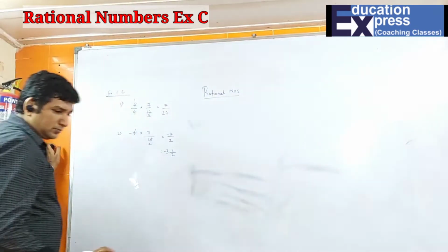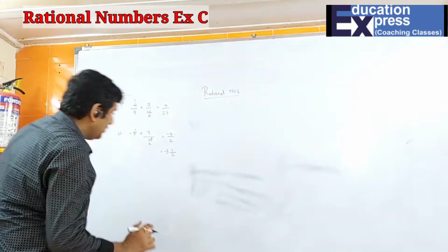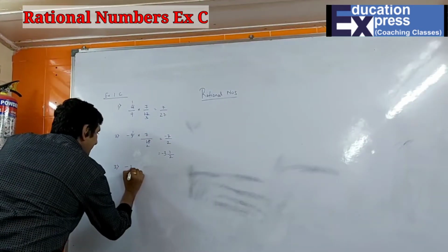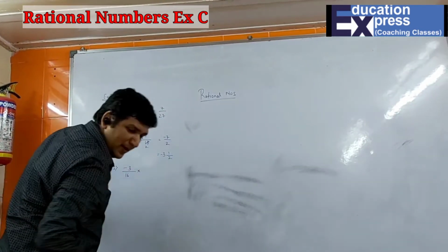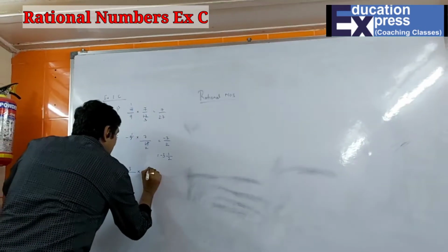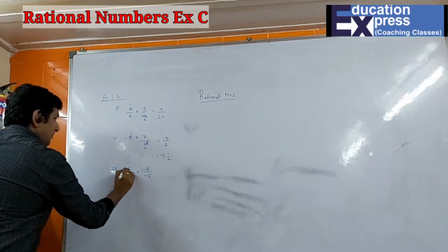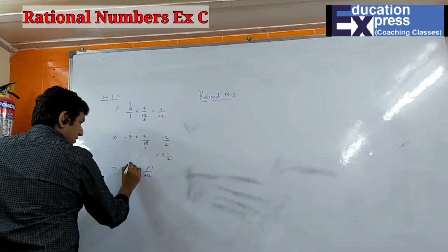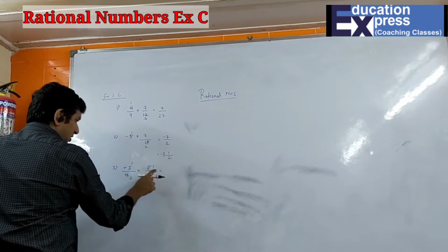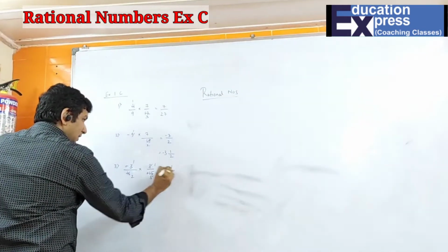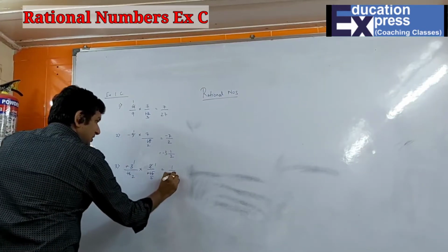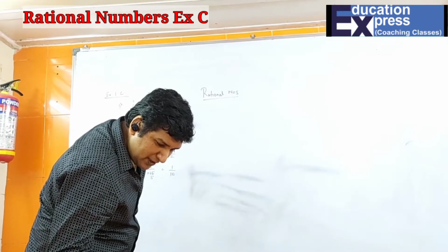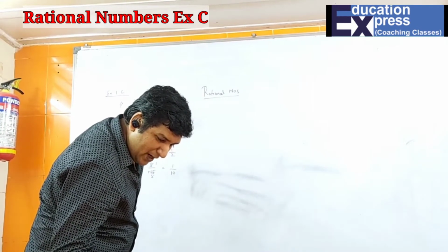Now, question number 3, part number 3. It's minus 3 upon 16 multiplied by 8 upon minus 15. Minus I can cancel. 8 ones are 8, 8 twos are 16, 3 ones are 3, 3 fives are 15. So what I'm left with is the numerator 1 into 1, 1, and 2 into 5, 10. That is the final answer for part 3. Now I will do straight away part 7 and part 8.